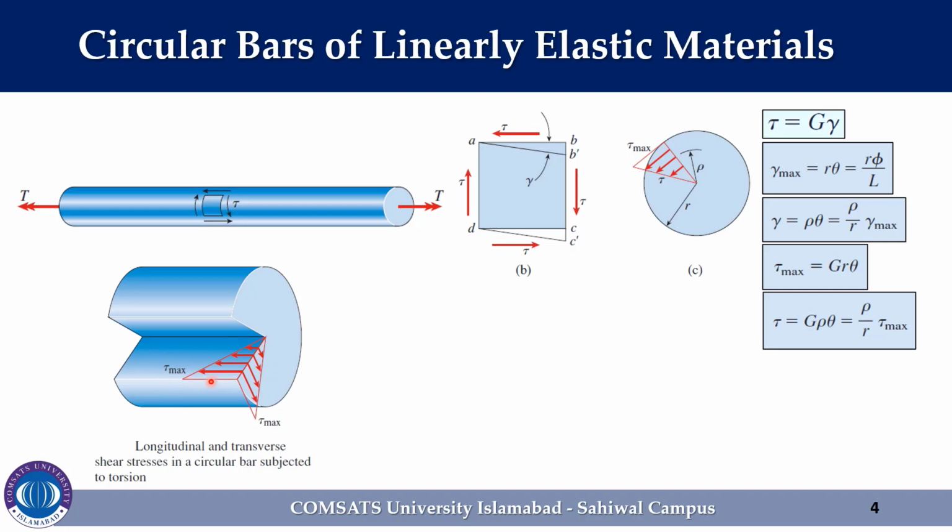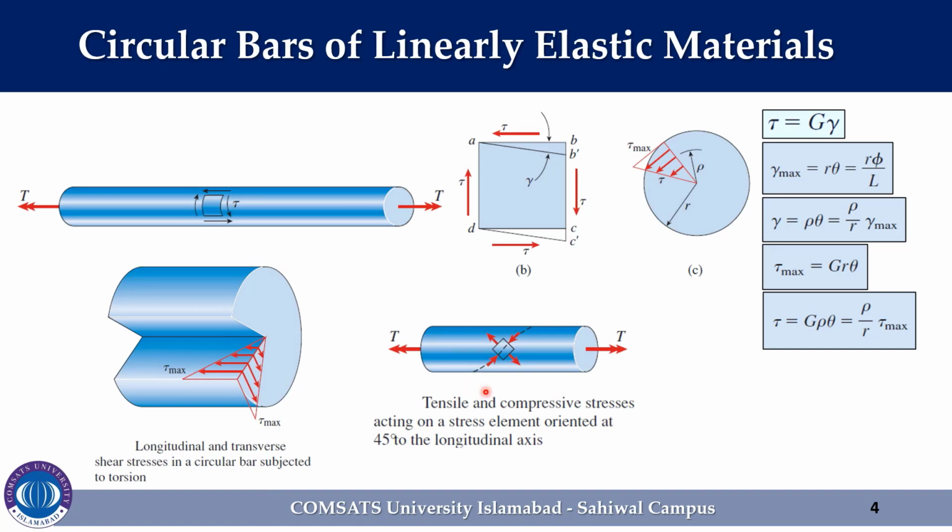The state of pure shear at the surface of a bar is equivalent to equal tensile and compressive stresses acting on an element oriented at an angle of 45 degrees. Therefore, a rectangular element with sides at 45 degrees to the axis of the shaft will be subjected to tensile and compressive stresses as shown here in the figure. If a torsion bar is made of a material that is weaker in tension than in shear, failure will occur in tension along a helix inclined at 45 degrees to the axis, as you can demonstrate by twisting a piece of classroom chalk.